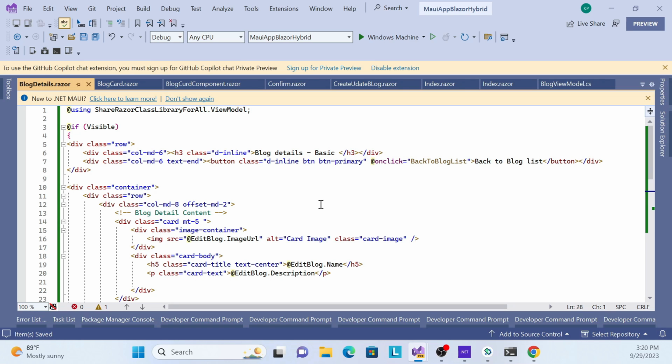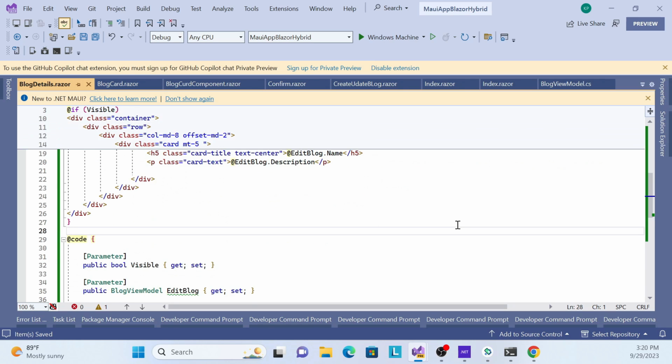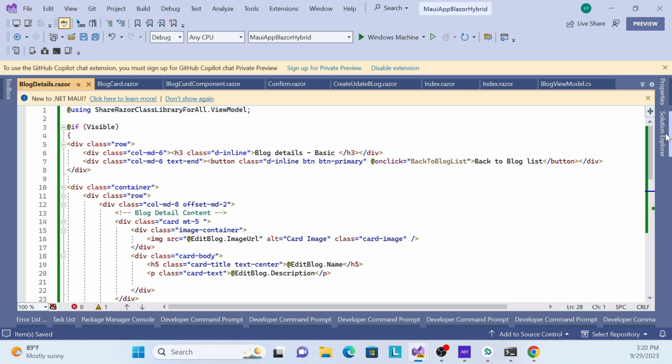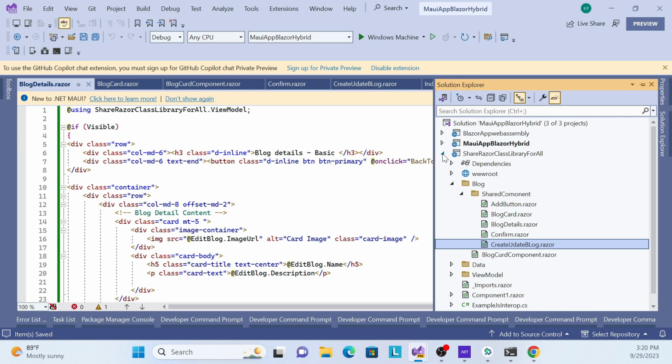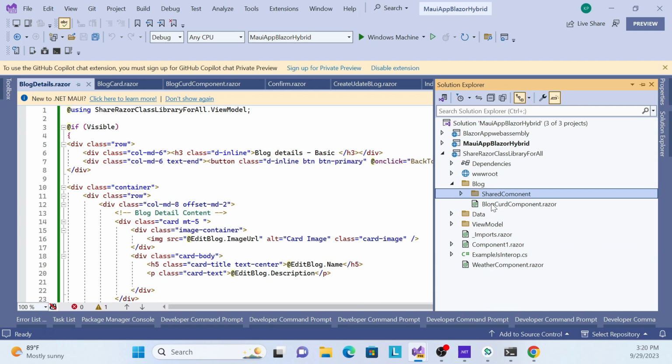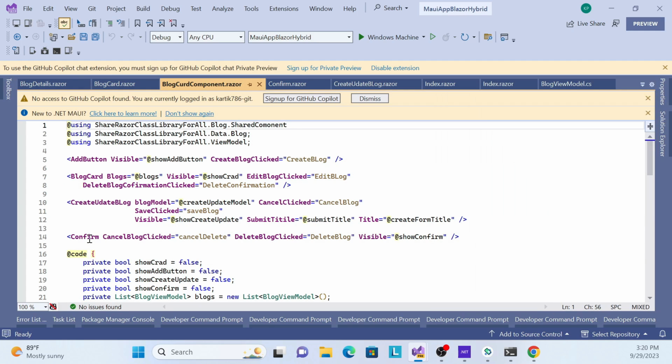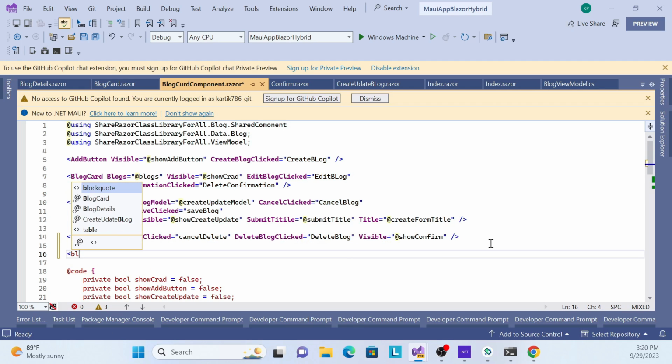Let me call this component in our parent component. So how can we do that? Where is our parent component? See, this is our shared component, and this is our parent component. Here I have called many components, like the add component and the card component, everything. Now I need to call that component, like blog